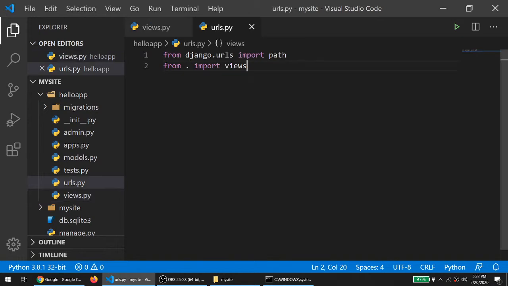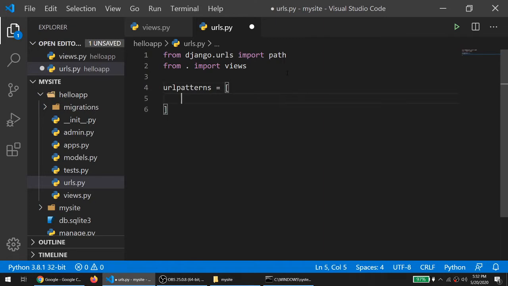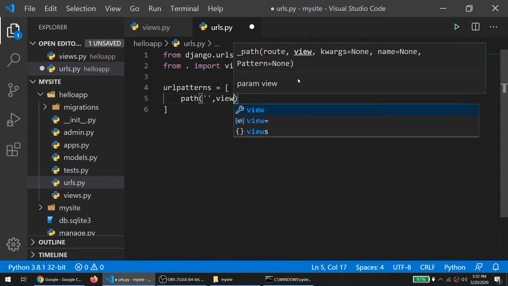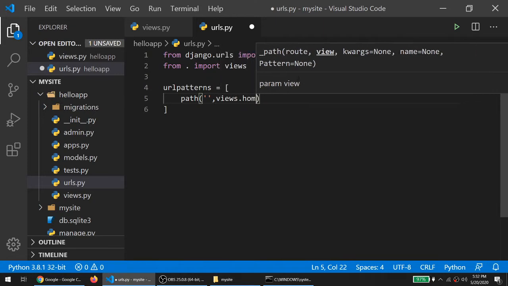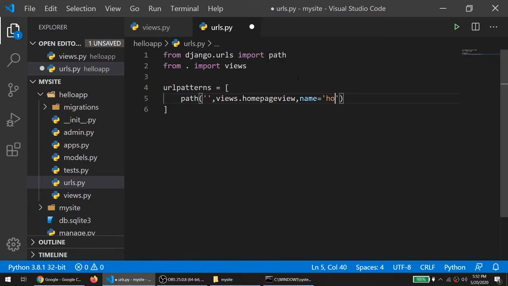In URLs we have to use import views, and then we have to specify one array for the URL patterns. So urlpatterns, and then in the array what we have to do is specify our path, and the path, views.homepage_view, and we have to specify the name. The name will be,